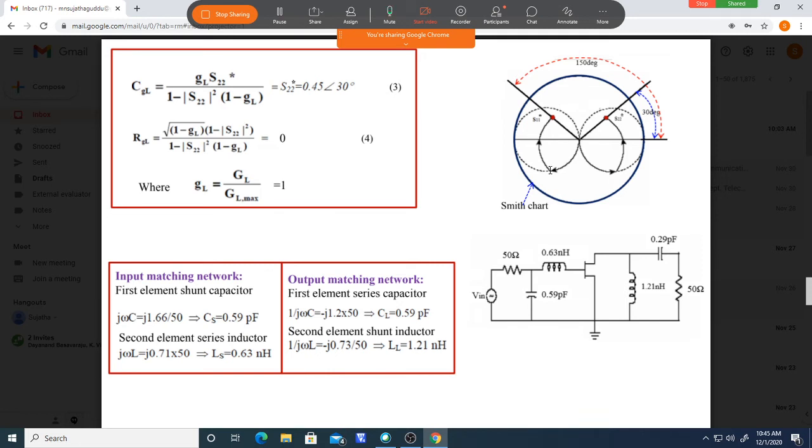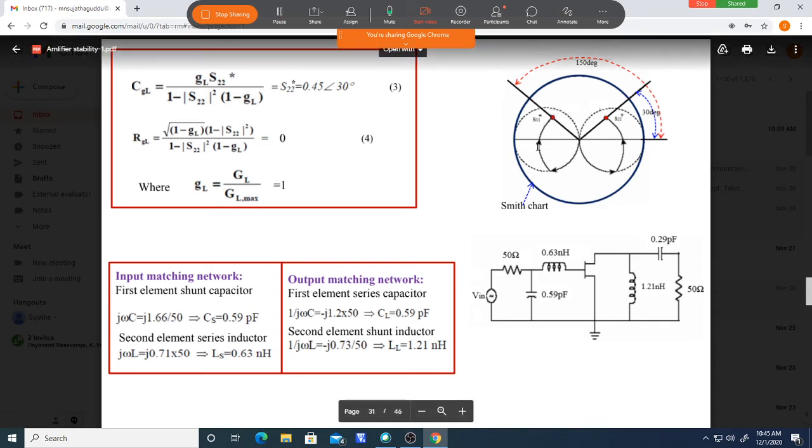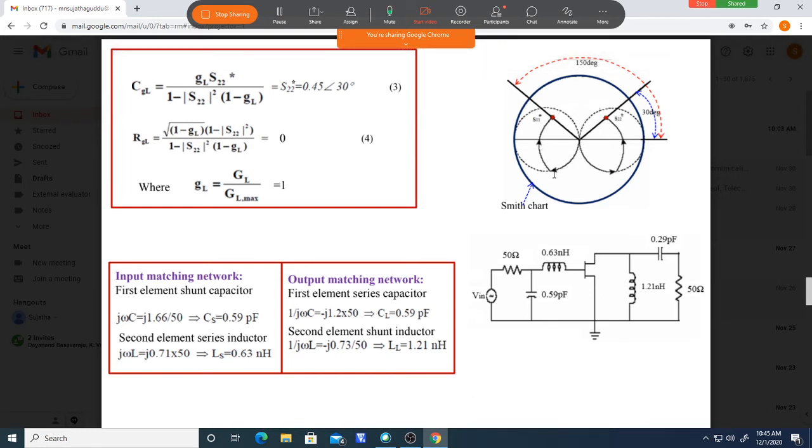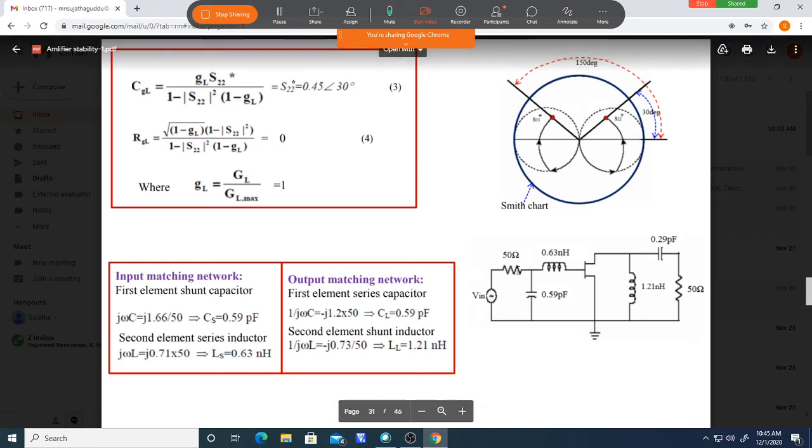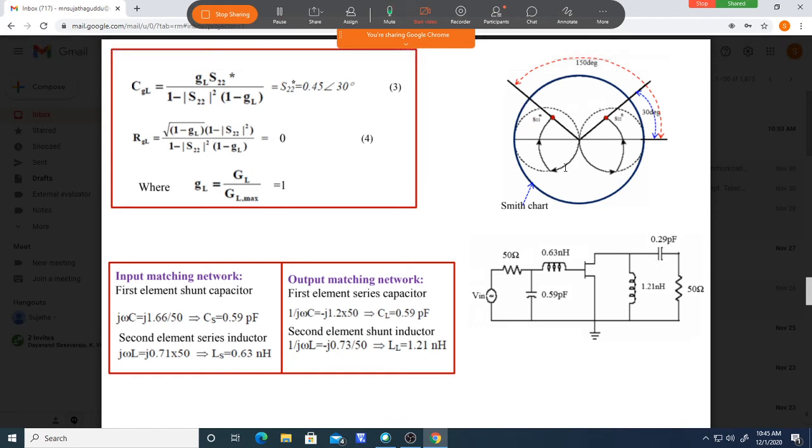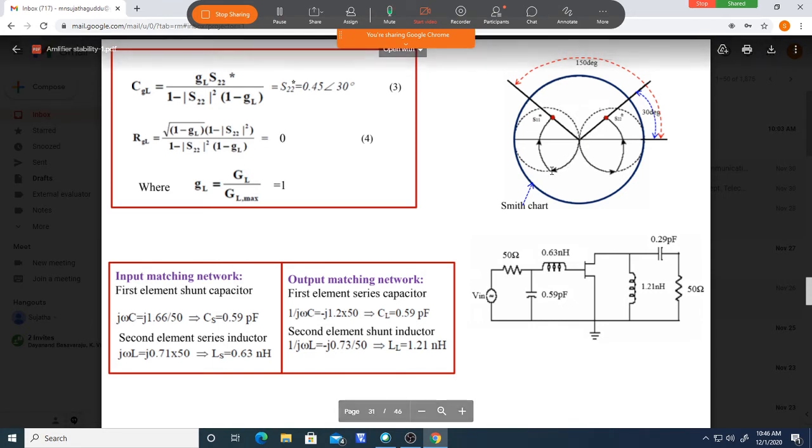This is the point where the G equal to 1 circle intersects the resistance circle passing through this point. One resistance circle will be passing like this through this point. This intersects the G equal to 1 circle somewhere here. You stop here. So start from here and move like this. That means you started from 50 ohm and moved on the constant conductance circle, the G equal to 1 circle, in the clockwise direction. That adds a capacitor in shunt.